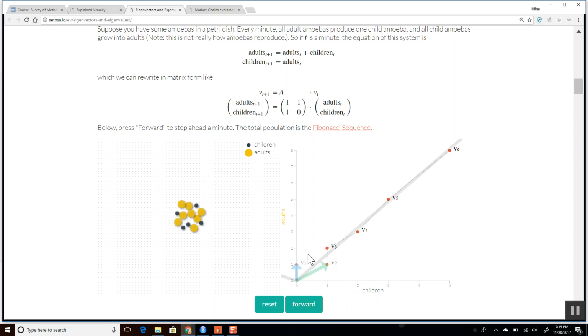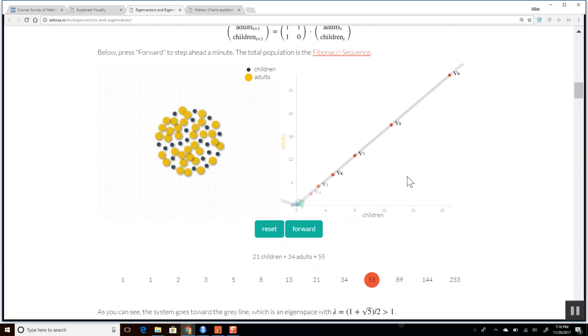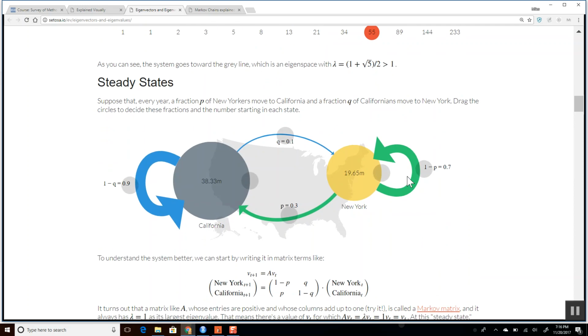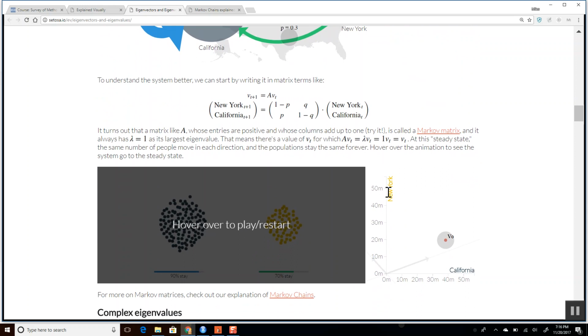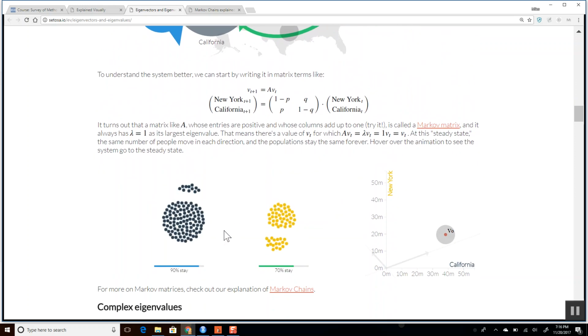Okay, and what we see, this gray line represents the eigenvector of this transition matrix, which is 1, 1, 1, 0. So here it kind of represents what's going to happen at the next step, and we can see as it continues, we get closer and closer to right along that eigenvector. Okay, same thing here. We start off with some population, and so this is